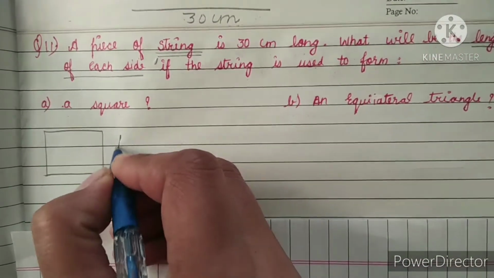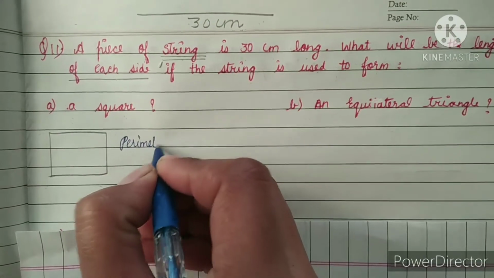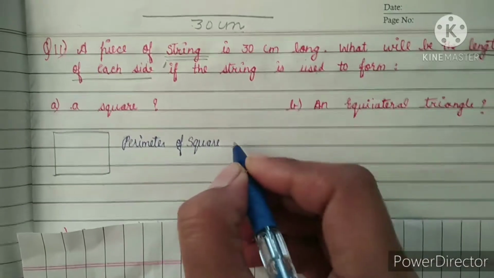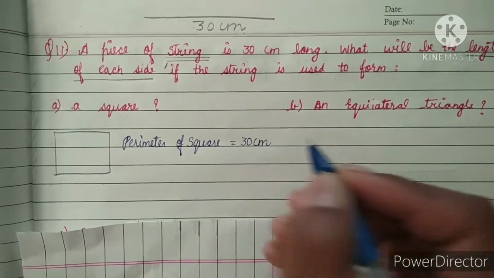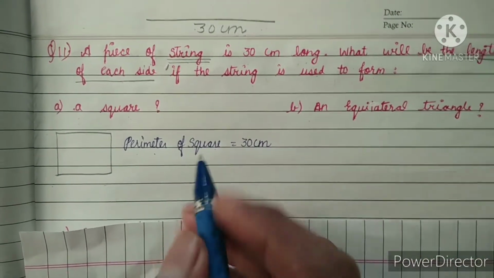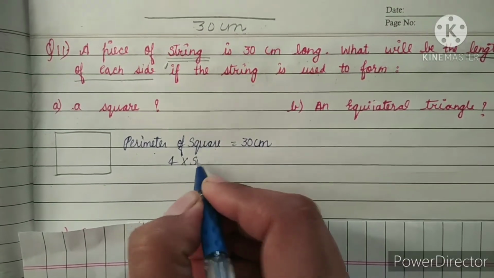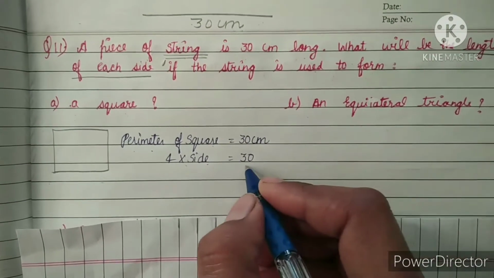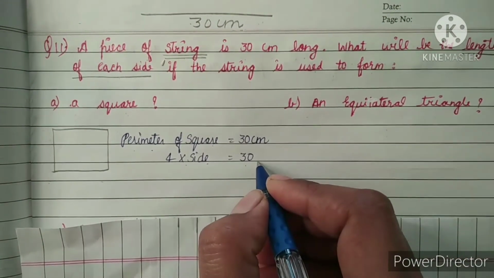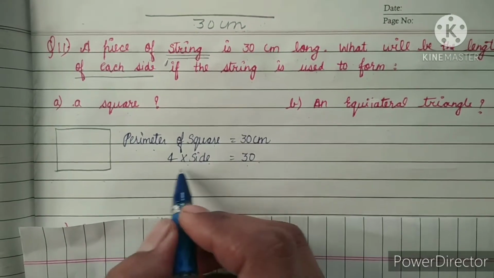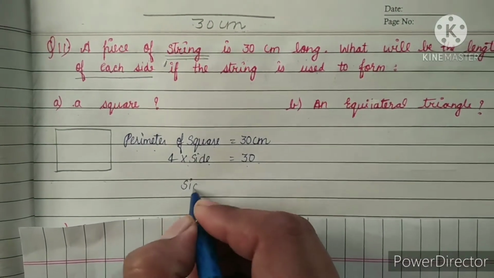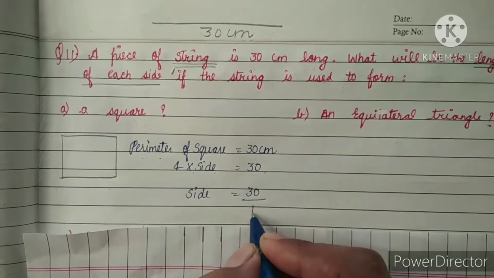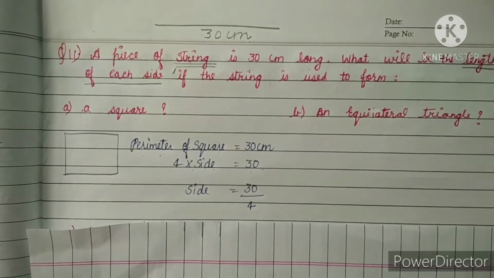It means the perimeter of square is 30 centimeter, and we know the perimeter of square formula is 4 into side. 4 into side, which is perimeter, is equal to 30 centimeter. This 4 is in the multiplication, so on the opposite side this 4 multiplication will go into the 4 division. When we will divide